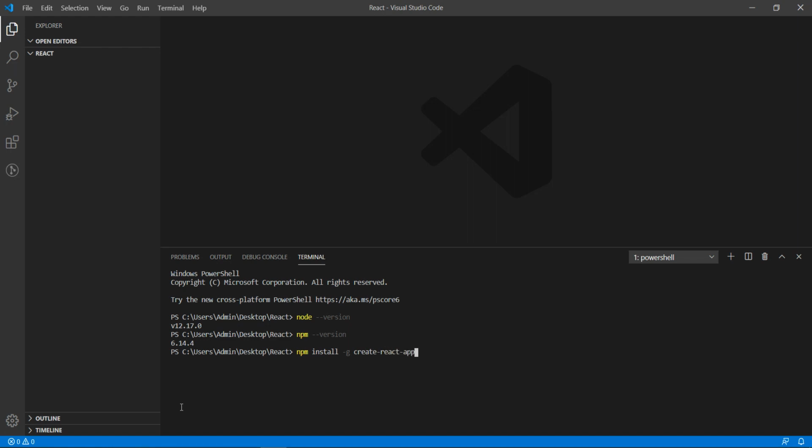I use -g to install the package globally in our system, so next time we can directly use it to create an application. You don't need to worry about the execution path while installing the package globally, because after installation we can access it from anywhere. I am not going to run this command because it's already installed in my system.